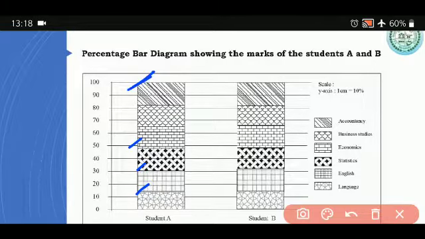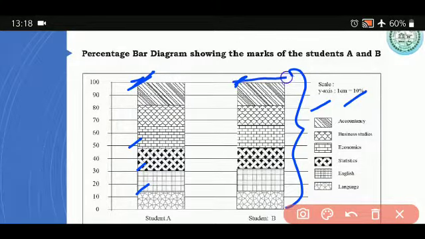You children have got a task. You are going to find the individual values in terms of percentage, find the cumulative values, mark and solve this. Percentage bar diagram basically means you are going to convert the data in the form of percentage, and the maximum value it will take is 100. So here it is 100 and this is also 100. Anything in the form of percentage conversion is known as percentage bar diagram.